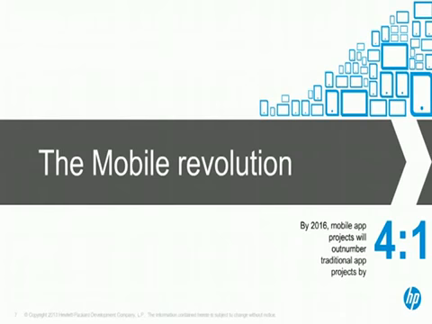This is a very interesting figure that I want to share here on the screen with you. By 2016, mobile app projects will outnumber traditional app projects by 4 to 1. So I think we can ask ourselves a decent question: what does that mean to us? Well, we need to have the right staffing, the right development skills, and the implementation of new methodologies, but also, and probably the most important point, the right strategy at the corporate level. We've seen too many mobile apps being developed and tested in a vacuum with no proper long-term strategy, by customers and by smaller and larger organizations. Next slide, please.